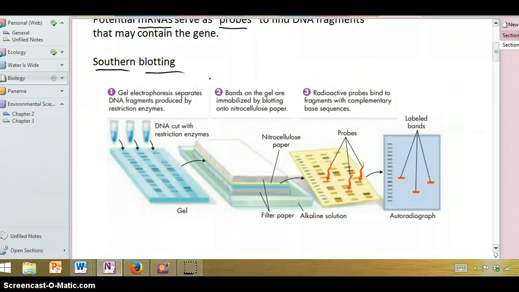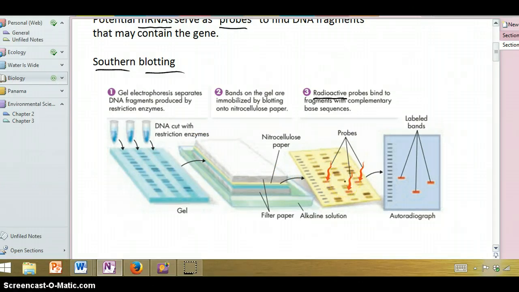I don't want to go into the details of how this works, but what happens is you expose your gel with the DNA in it to these little pieces of mRNA, these probes. These probes are typically labeled with a radioactive material. And what you do is you put photographic film on top of your gel, and that's what the yellow thing is here. You have paper on top, it can just be paper towels. And the solution that the gel is in gets wicked up into the paper towel, and the pieces of DNA end up